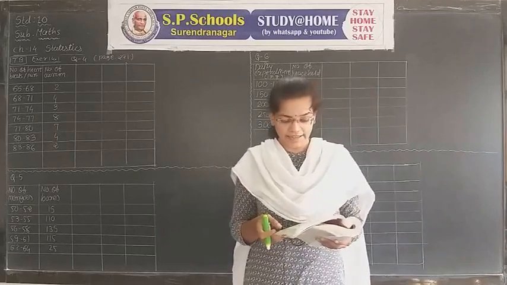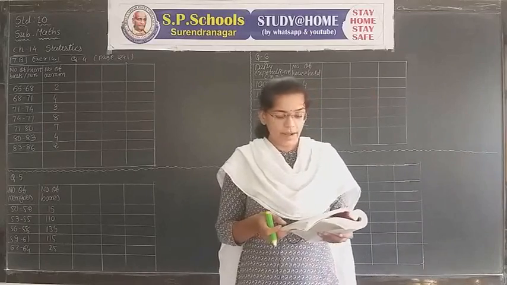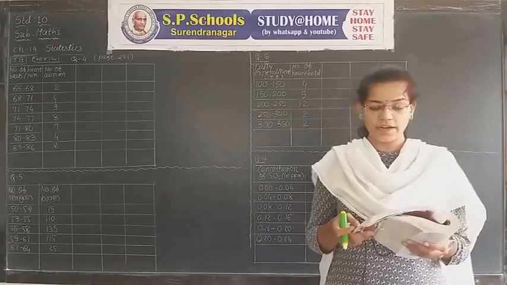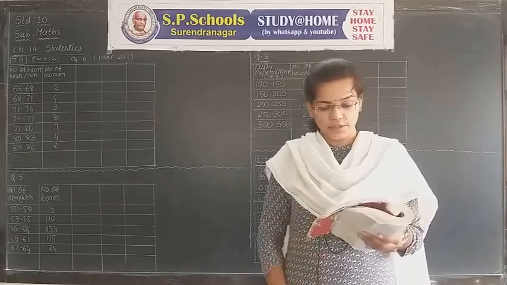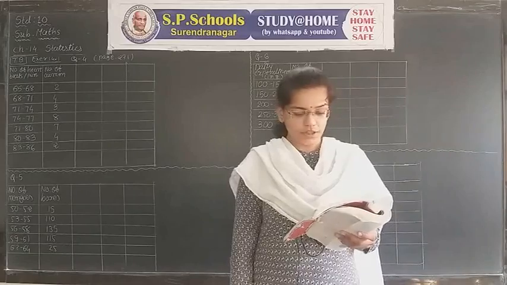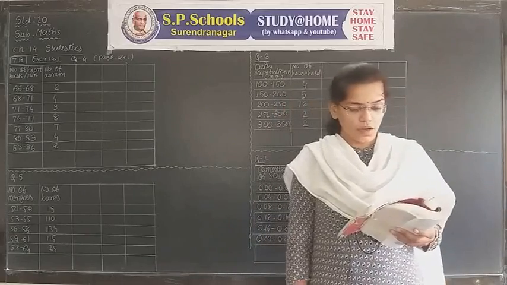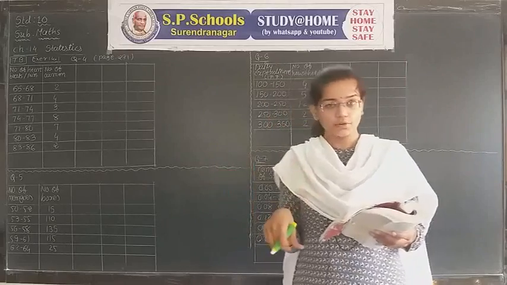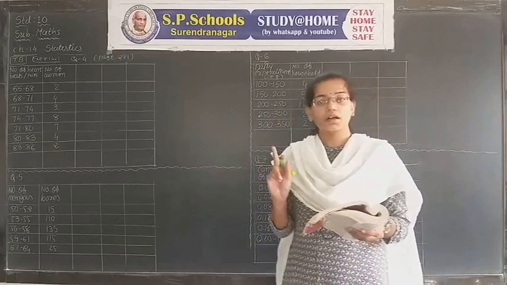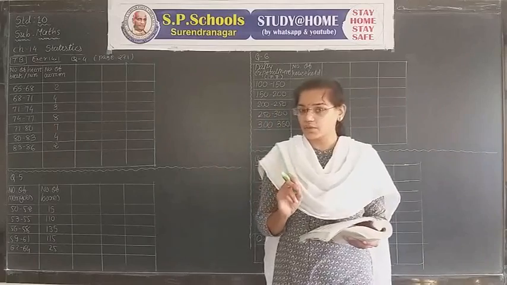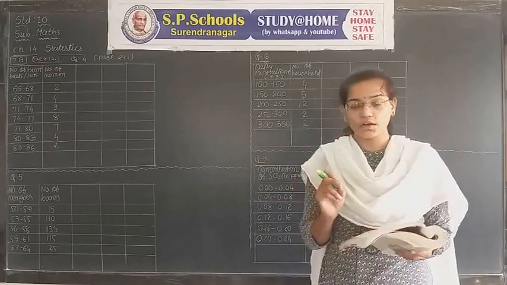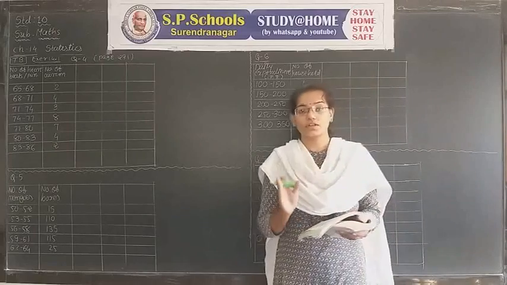30 women were examined in hospital by a doctor, and the number of heartbeats per minute were recorded and summarized as follows. Find the mean heartbeats per minute for the women. Choosing a suitable method. The method is not given. We have to take any one method. If direct method is given, then we have to solve it by direct method. If not, then we use assumed mean or step deviation.